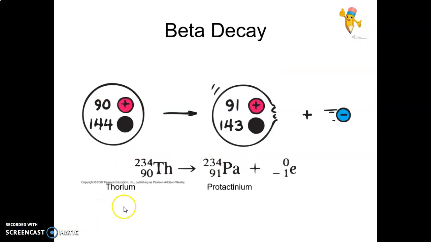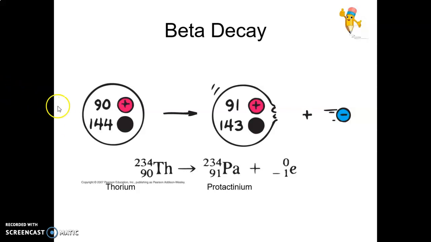Here we have a thorium atom. Okay, so thorium has 90 protons, and this is from the periodic table. It has 90 protons and it has 144 neutrons. But this thorium atom is also very unstable. So it is going to undergo beta decay. What that means is that it is going to release an electron. But again, remember we said that in releasing an electron, it is going to gain 1 proton and lose 1